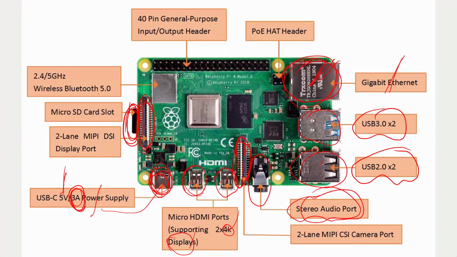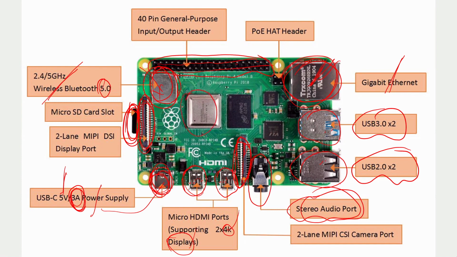So version 5 is what they are using in the Raspberry Pi 4, but this is the Bluetooth slot. And now if you see this, there are 40 different pins. All these things are the pins. So 1, 2, 3, 4, 5, 10 up to 20 is above and below is 20. So total, top and bottom both have 20, 40 pins are there. General purpose input output pins.